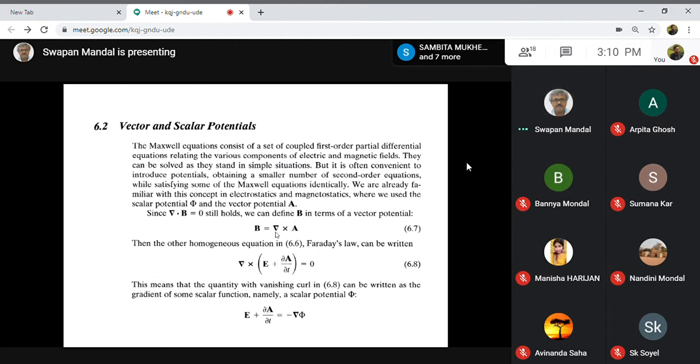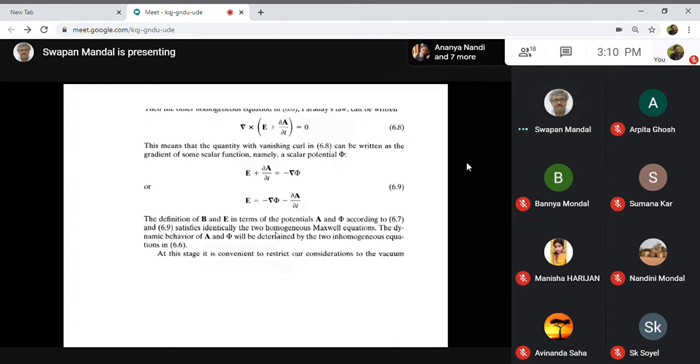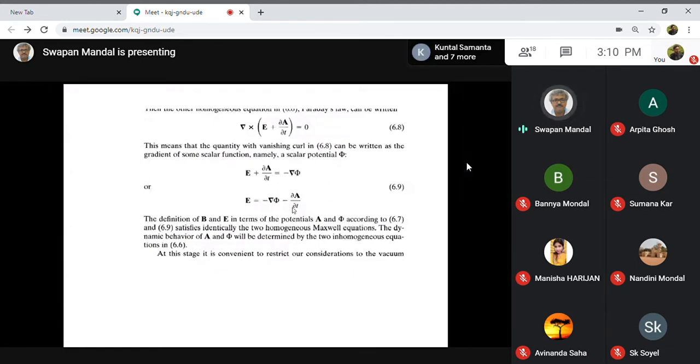How to solve it? Basically, you have to get back your vector potential and scalar potential. Now, your problem is to find the vector potential and scalar potential. If you are able to find them, then you can calculate the electric field by this relation and the magnetic field by B equal to curl of A also. And you can calculate D and so on. Therefore, you have to calculate vector potential A as well as scalar potential phi.